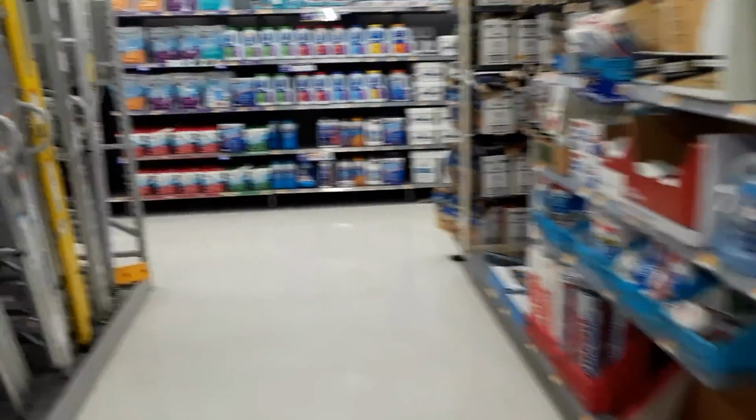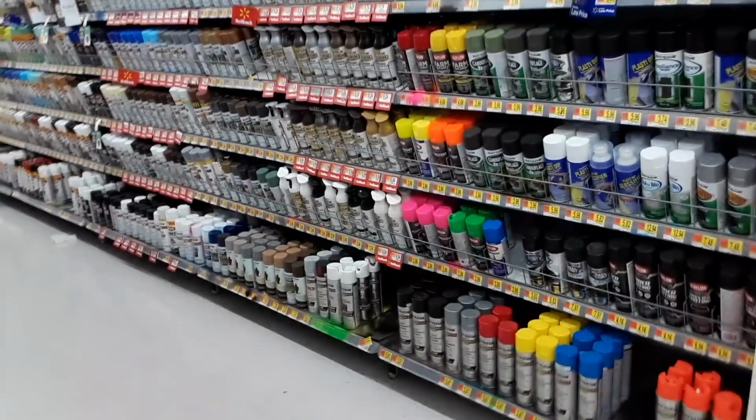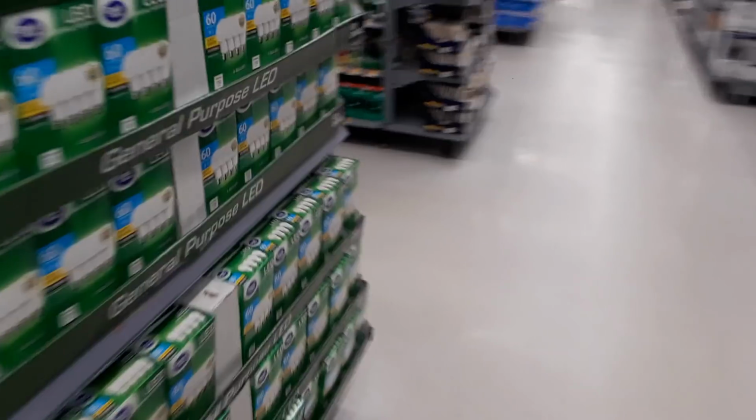But we are going to be looking around Walmart for a power cable. Basically, I think I have the system down. We're gonna see if it actually works or not, but I'm planning on using basically a regular cable, maybe one that's waterproof, outdoor cable. I'm going to try to find a power cable, and see if I can't get this to work. I might also pick up a light